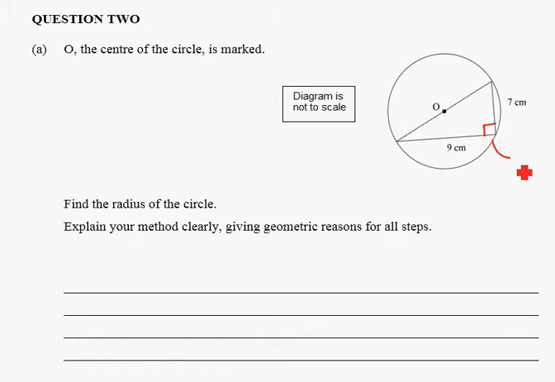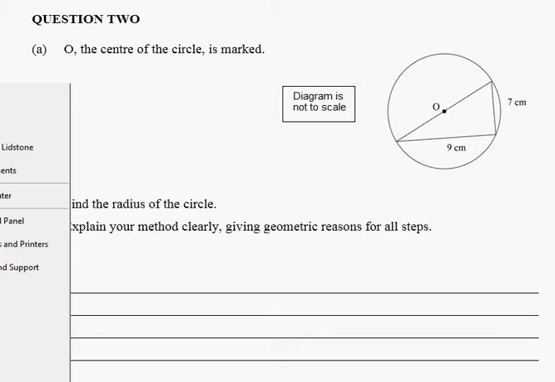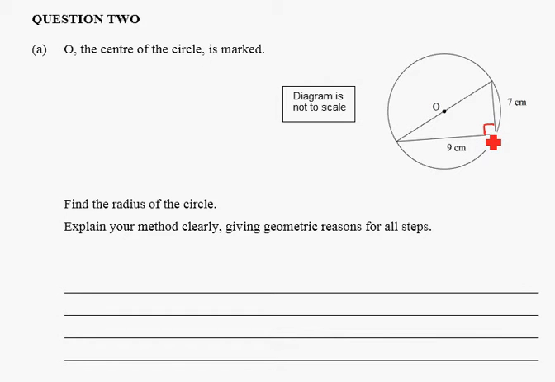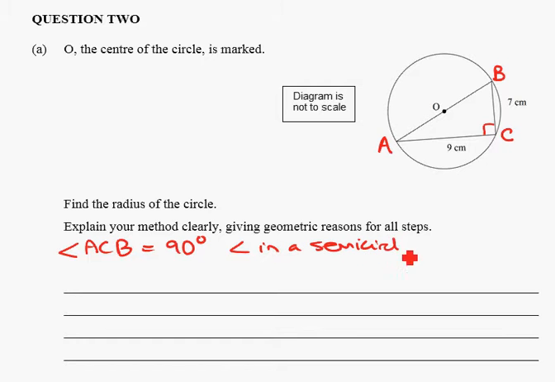Clearly it is 90 degrees because it's an angle in a semicircle, and that's a circle geometry rule. So we would need to call that something. Perhaps if we label it A, B, C, and then we can say angle ACB equals 90 degrees, angle in a semicircle is 90 degrees. And now by Pythagoras' theorem,